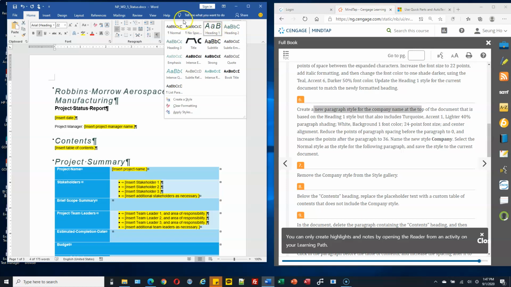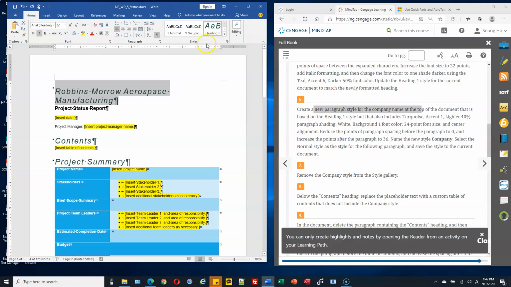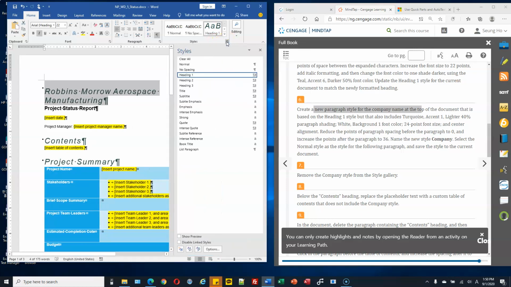One moment. Okay, so once you select the company name at the top of the document, we will create a new paragraph style. So here is the styles group, styles launcher, and then we will create new style. So click this new style button on the lower left corner.